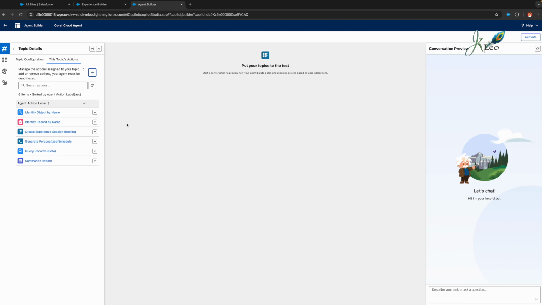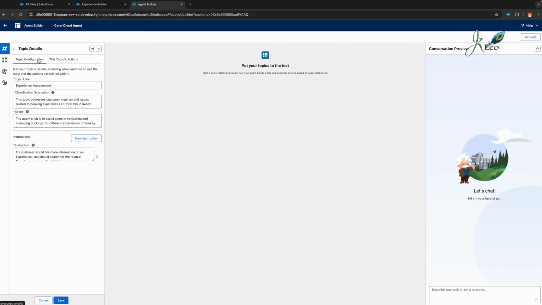Click the topic configuration subtab, going back to the topic configuration tab, and click new instruction. Let's give a couple of instructions here. Since we have added two actions, we have to give instructions on what those actions do. So click on the new instruction, and the first instruction: when a customer requests a list of recommended experience sessions,